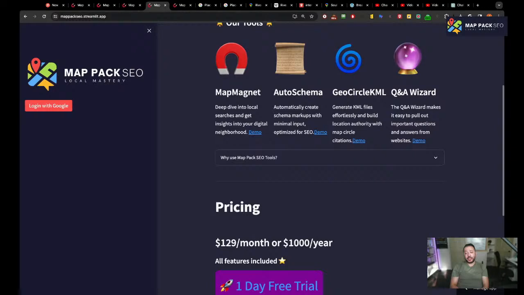Right now I'm trying to add departments or branches, because some businesses have 3 or 4 different locations, and for that many locations I prefer to put it under one schema at the homepage instead of separately on the different pages, unless you have tens or hundreds of locations. That will be helpful.